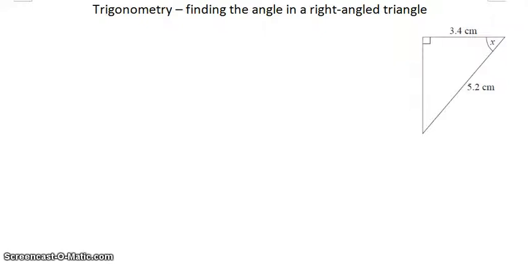Step one is to label the sides. Well, we know where the X angle is. And so straight away we can name this longest side, which is the hypotenuse. And then the other side, the 3.4 centimeter, must be the adjacent side. Okay. So again, using SOHCAHTOA,